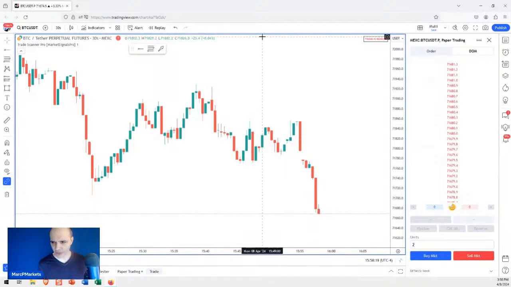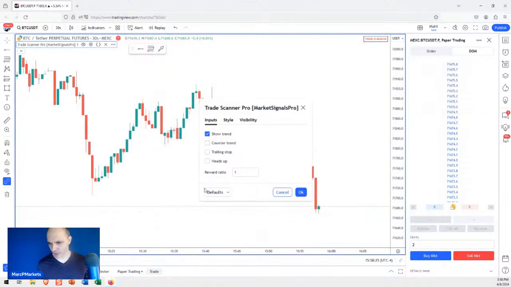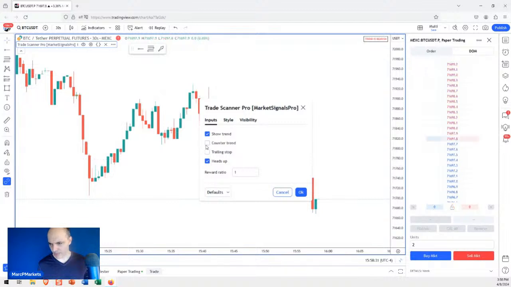All right, there's nothing here. I'm going to have to use counter trend because that's the only way I can really demonstrate trades. I missed the trend trade. Let's see if there's a counter trend trade developing. Okay, let me show you this. Let me show you the heads up. You see where it says heads up? So I'm now in counter trend mode.